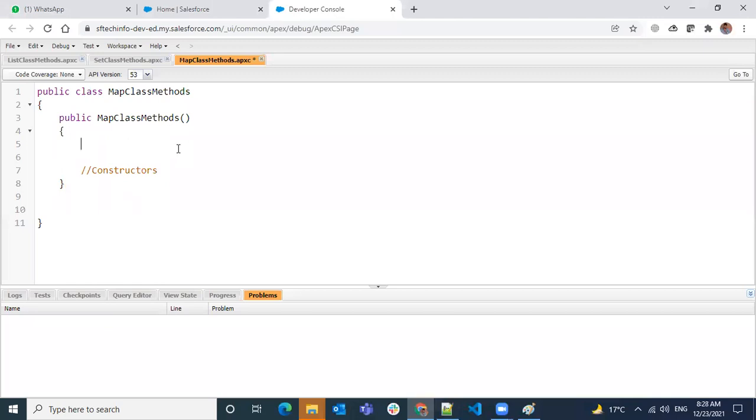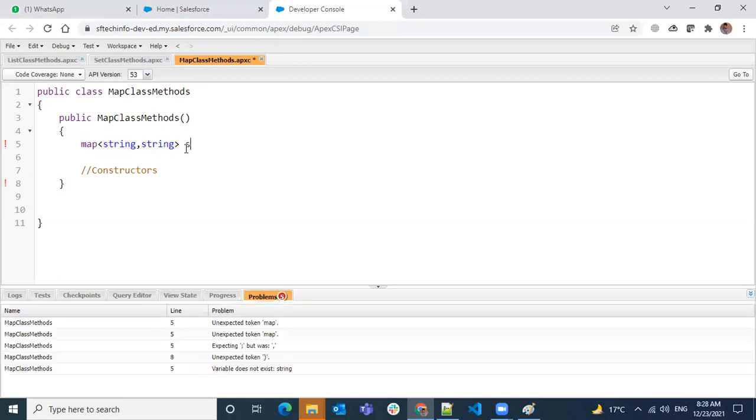The syntax is that it goes with the keyword Map and you can have two data types. One is for a key and one is for a value. So you have two data types. The first one is the data type for the key and the second one is the data type for the value. So I'm going to have, let's say, a student map. Here in the student map, I declare. Now let's look at the initialization. How can we initialize a map?